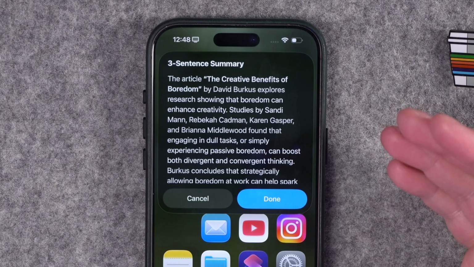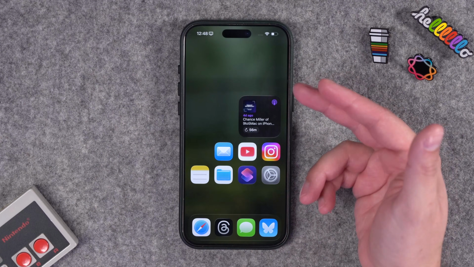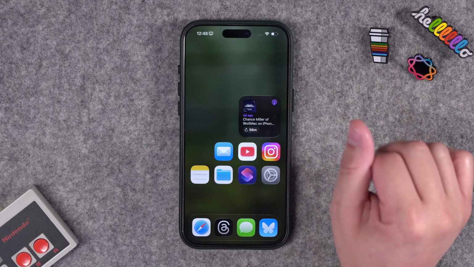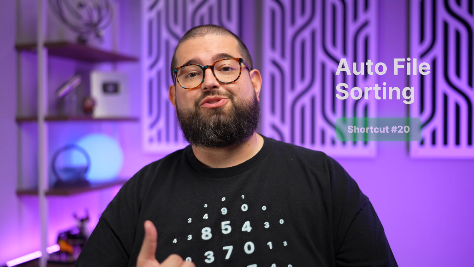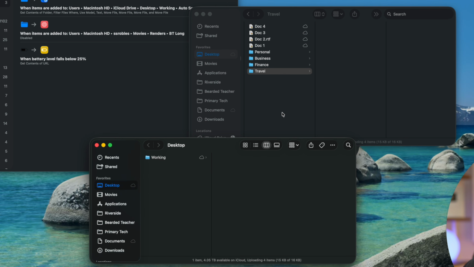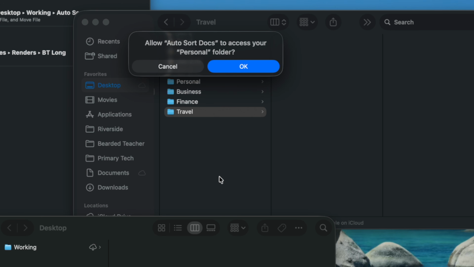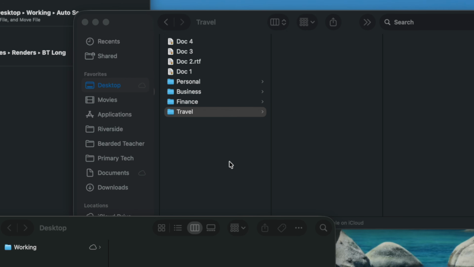So if you have reports get sent to you all the time and you just want to get that summary, you can have it right here or create Apple Notes with that summary. No action on your part. And finally, Apple Intelligence can do wild things like look inside contents of your documents and automatically sort them and move those folders. I showed off that shortcut in my macOS Tahoe review. I'll link it down in the description along with all the shortcuts I mentioned, but also you can watch that Tahoe review here and I explain even more in depth on how all of that works, plus some macOS specific